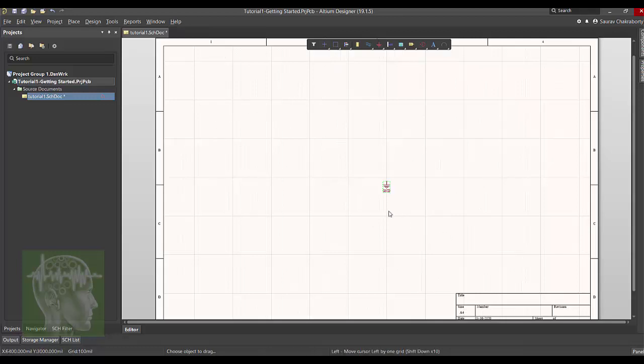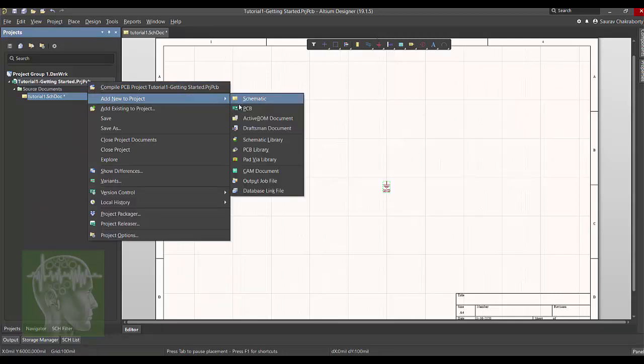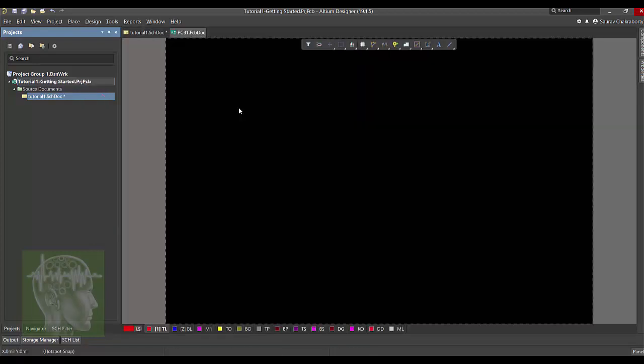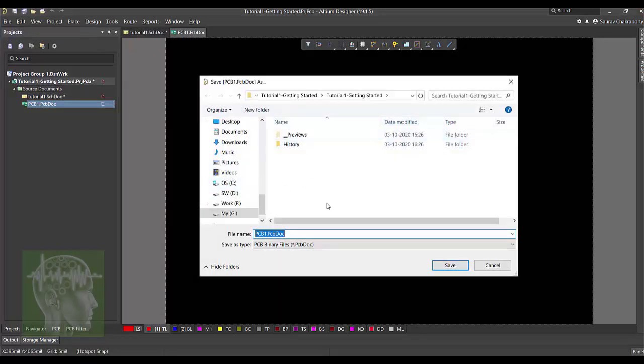And the next part is you have to go to the tutorial, right click and select add new to project and select PCB. In the PCB section, another new window will open. Basically here we will be routing the PCB. Again, right click, click Save As and give the name of the PCB project.